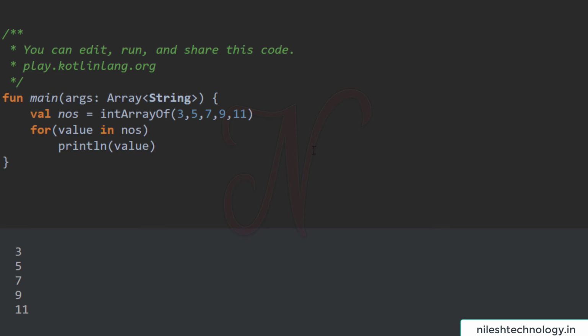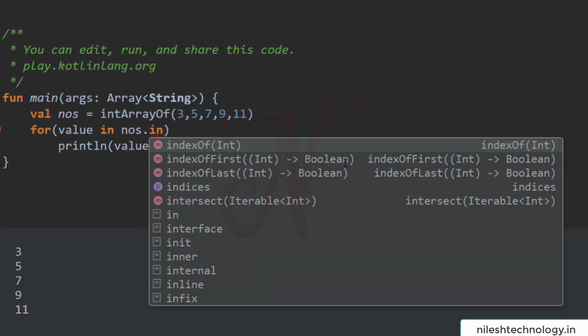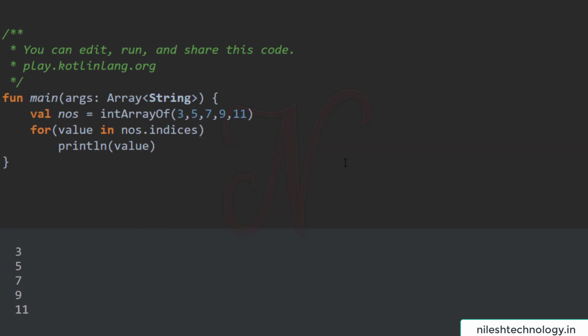If you print the indexes of every element, then numbers dot indices is the property. See indices 0, 1, 2, 3, 4.